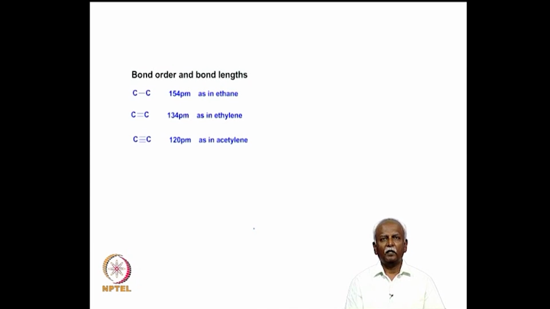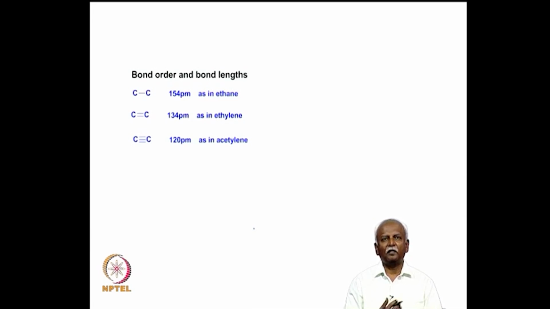So, let us take a look at what happens to the bond distances. It is instructive to first take a look at what happens in ethane. In ethane, the bond distance is about 1.54 angstroms or 154 picometers, as it is given here in this projection. You reduce the bond distance to about 134 picometers in ethylene, that is the double bond, an archetypical double bond between two carbon atoms, and then that further falls to about 120 picometers in the case of a triple bond. So, these are